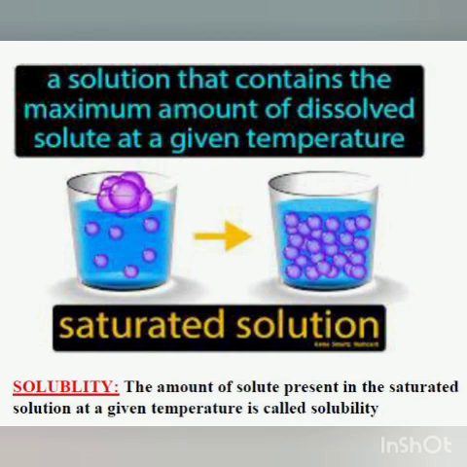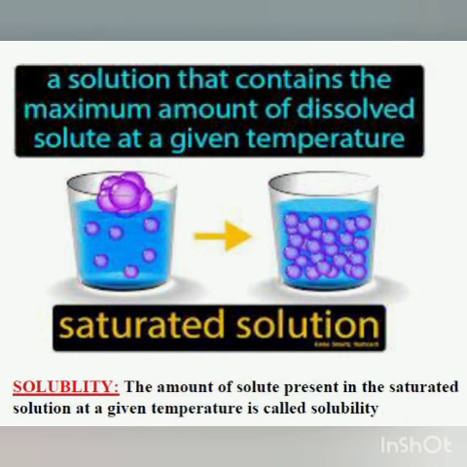Now at that point you heat the beakers and raise the temperature by 5 degrees centigrade in both. Again add salt in beaker 1 and sugar in beaker 2 and stir. You will see that the salt and sugar dissolve again. Add more salt in beaker 1 and more sugar in beaker 2. You will see that a point is reached when no more salt dissolves in beaker 1 and no more sugar dissolves in beaker 2.